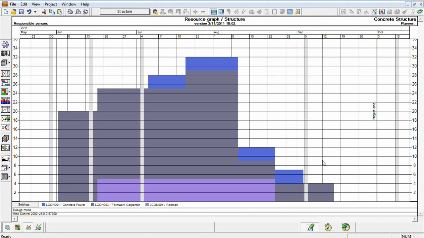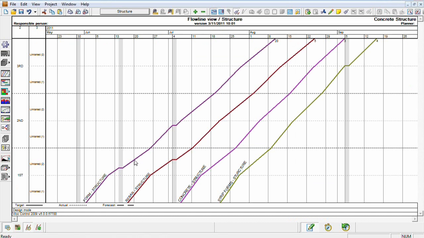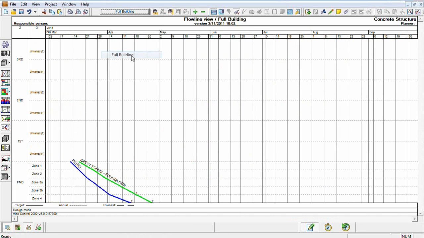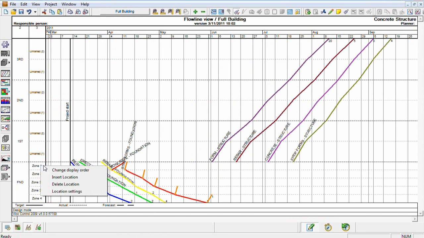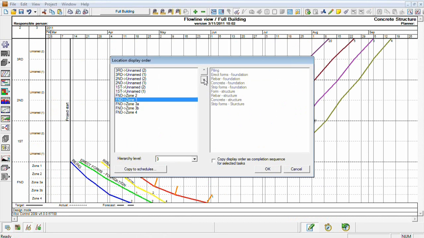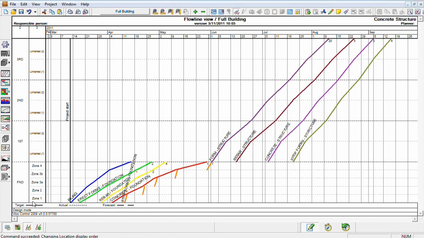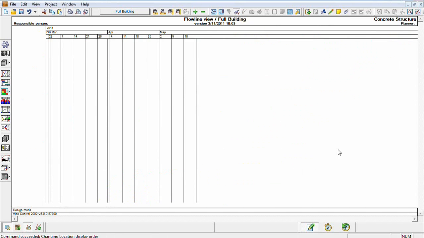We can see how they look in the resource histogram, and all of these durations are based on where we've split the model. And I won't go into so much more detail, but let's just have a look at the building, the full building altogether. Let me just reorder those locations at the bottom so that it looks visually appealing. And we can see that now we have the foundation with the piling and all of the foundations going in, and then we have the formwork and the structure going up,